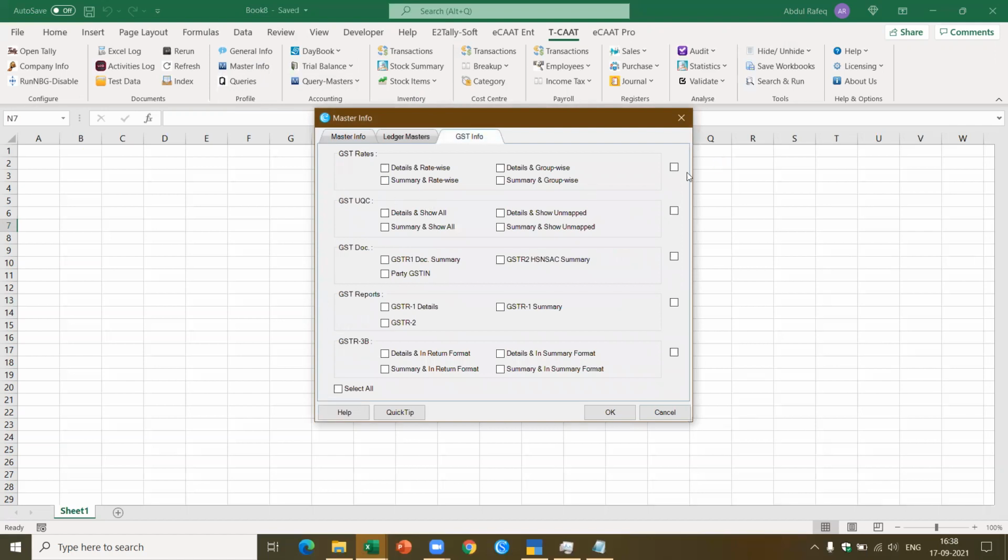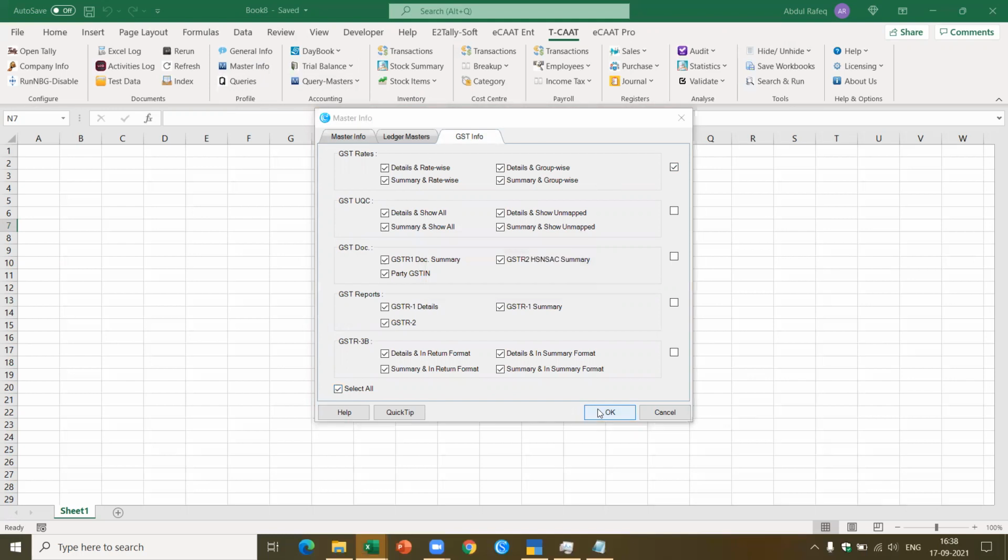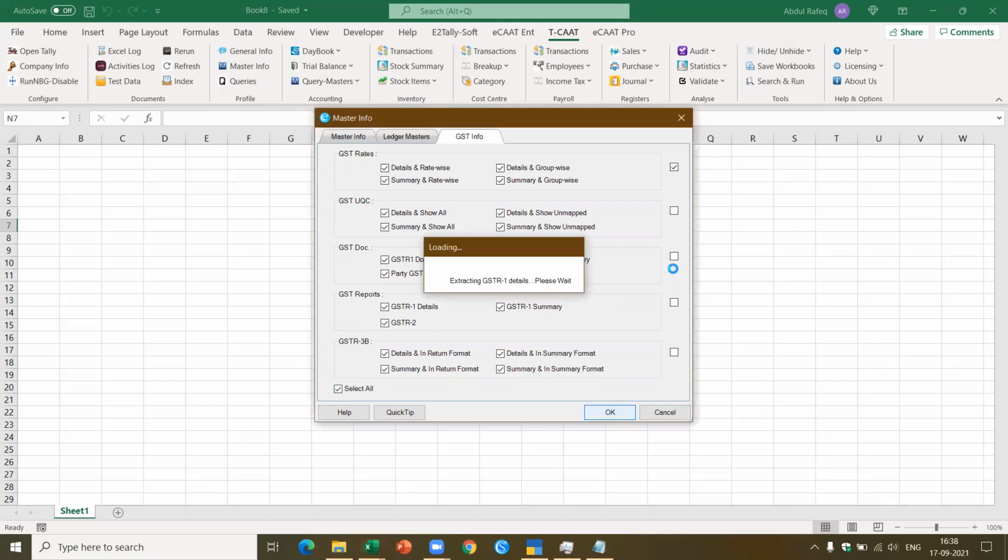So you don't need to go to Tally directly. You will be able to get all this information in one go. And then you can do the analysis and focus on specific areas or items which you want to interrogate from Tally. In that case, you can directly check that specific information from Tally. So now we are extracting all the details pertaining to GST.